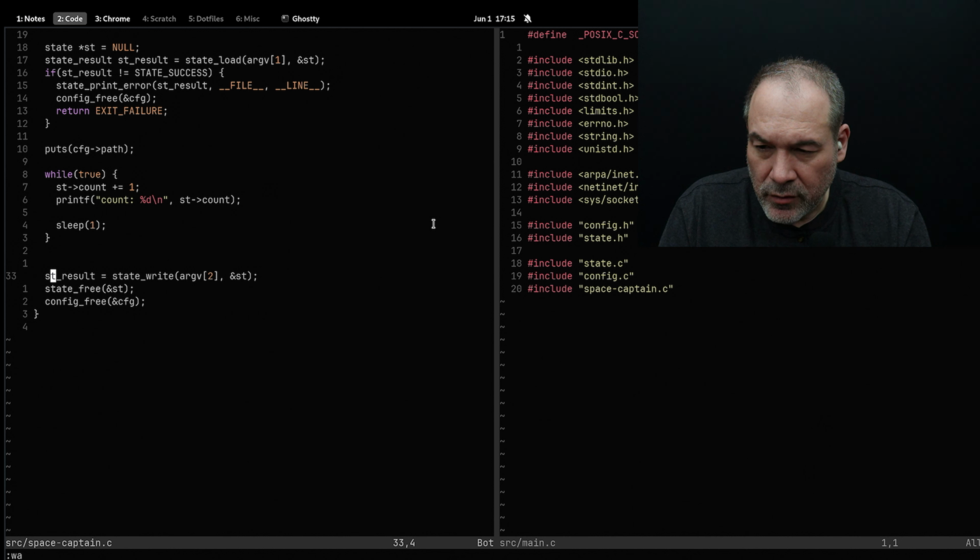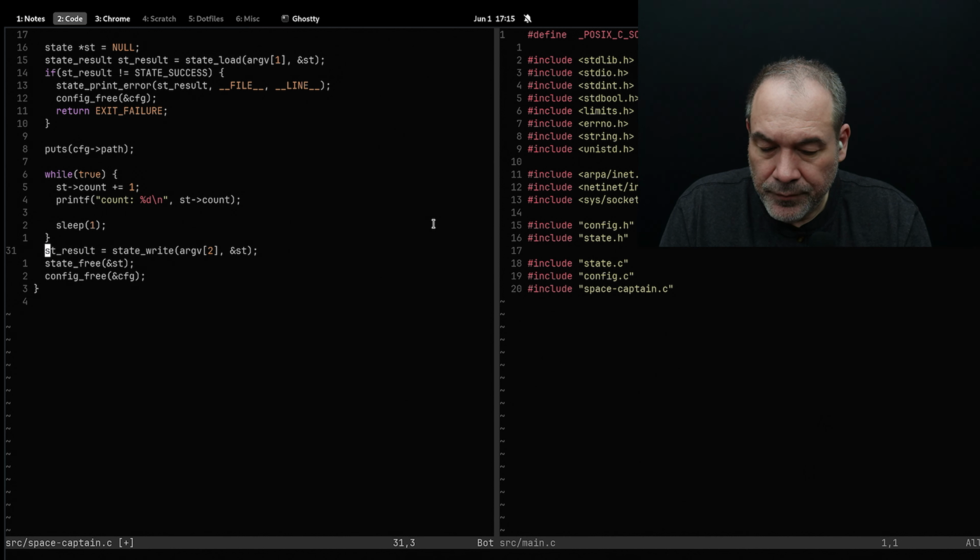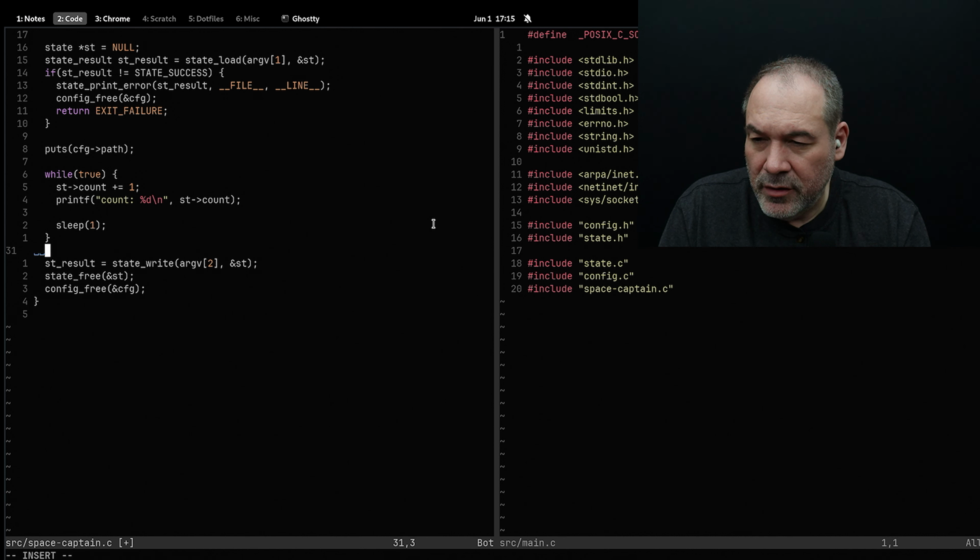What I'm going to do is I'm going to have it write. I want to create a known state, I'm going to set it to 0. And then here, we're actually going to write it. So if I just run this,